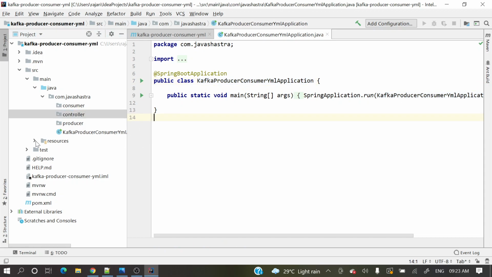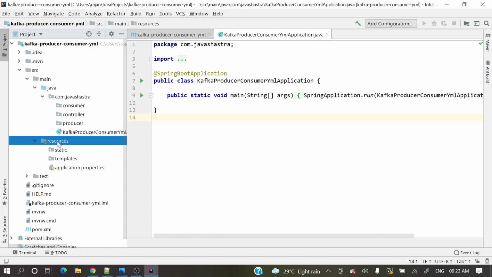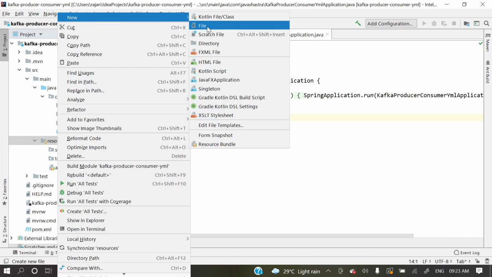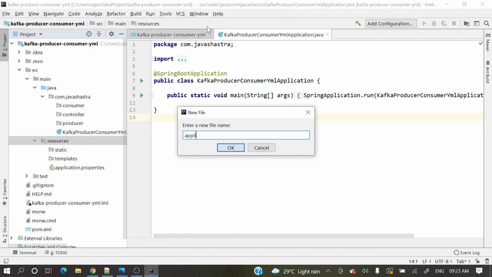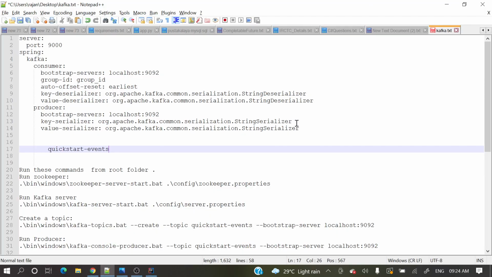Now let's create the YML file with whatever configurations we need. Let's create a file, application.yml. I already have those properties, which I kept for easy access, and I will explain what exactly they are.